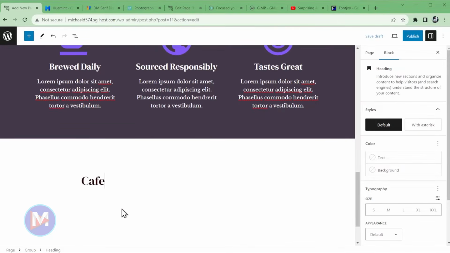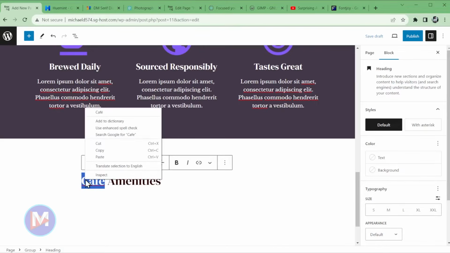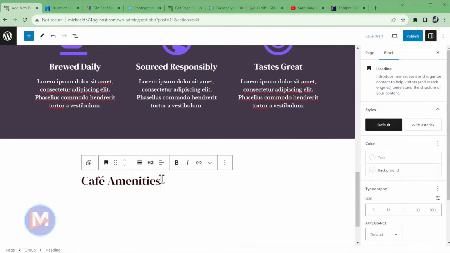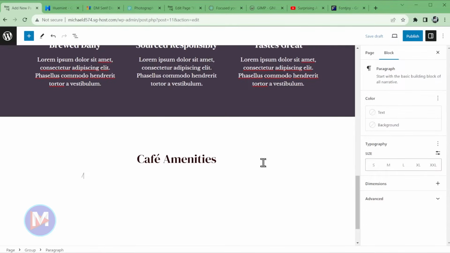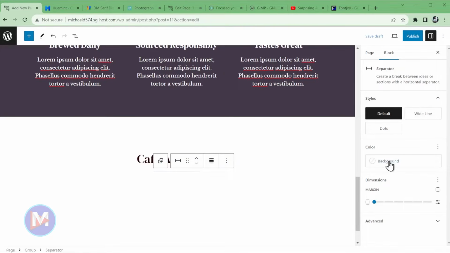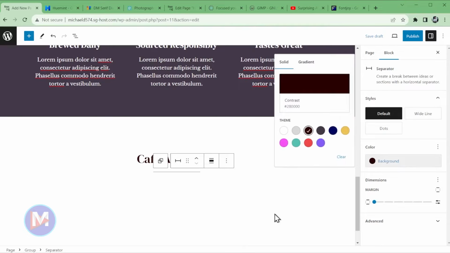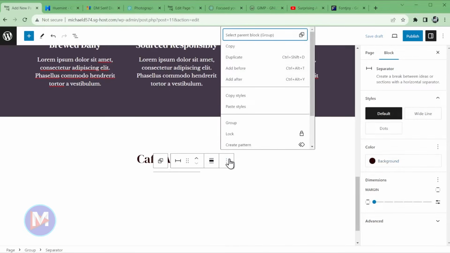So this is just going to be Cafe Amenities. And you can always select that text, right-click, and add the little accent. Now we're going to center align this and hit the Enter key, and now we're going to add a separator. So just type separator, add that there. Change the color of the separator to a darker color, and now we're going to insert a block after that